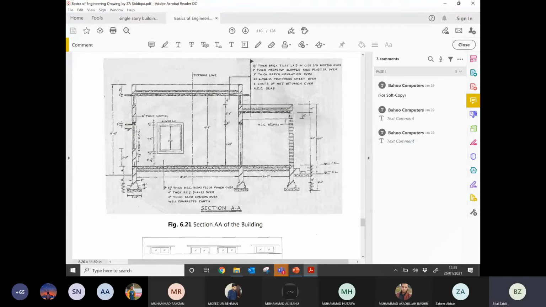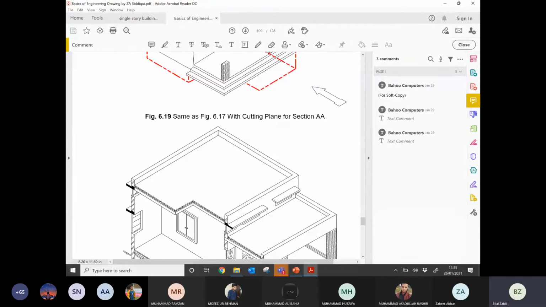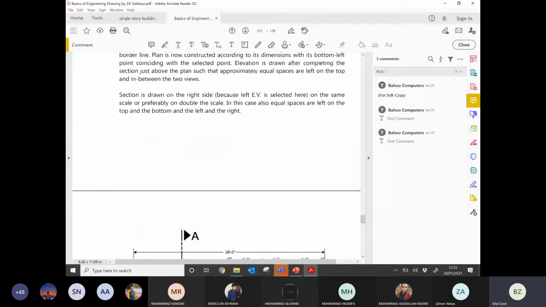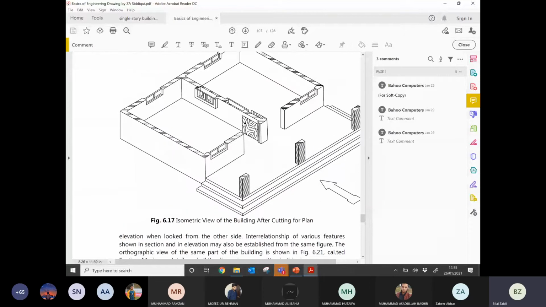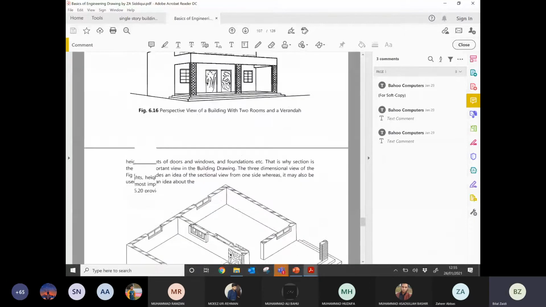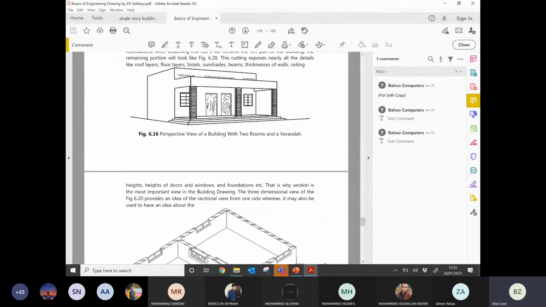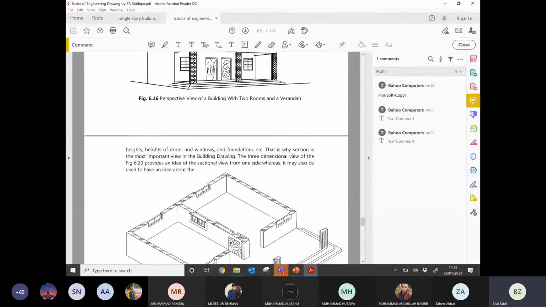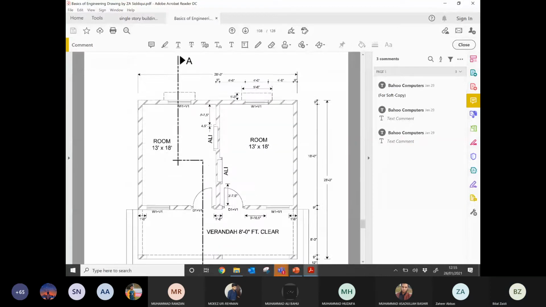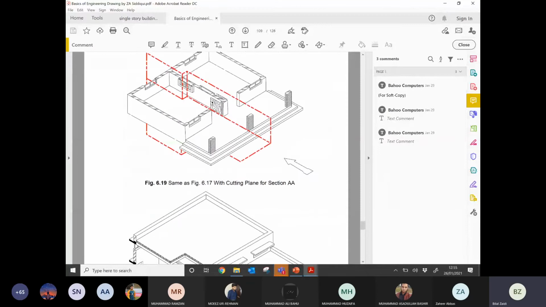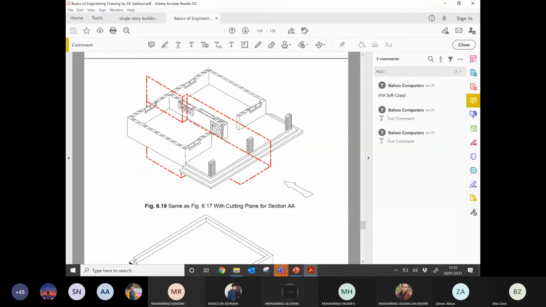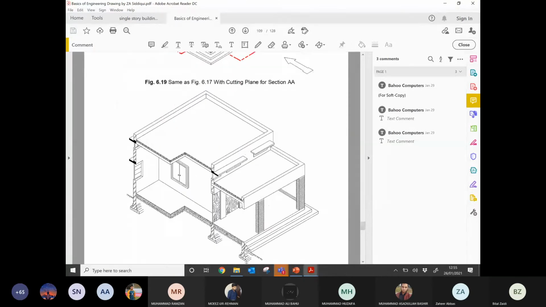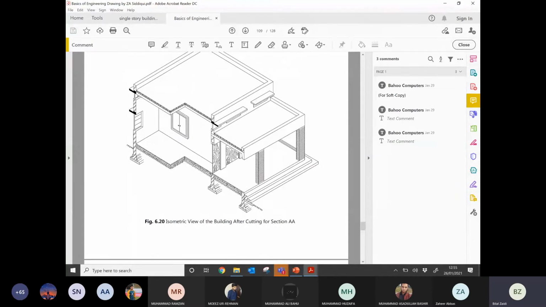I will request all of you to just very carefully look at the figure. Just open your books and look at figure 6.16. Then look at figure 6.19. And then 6.20.